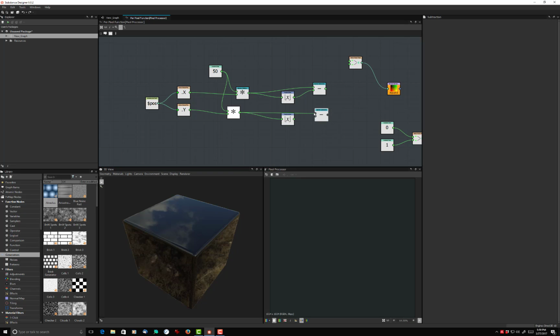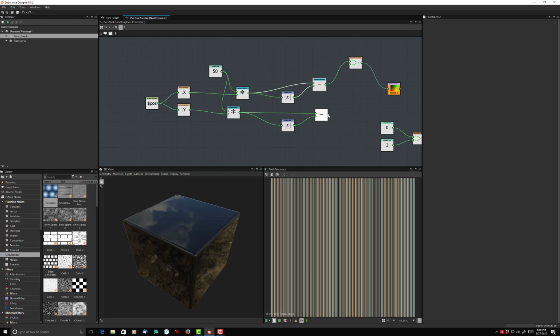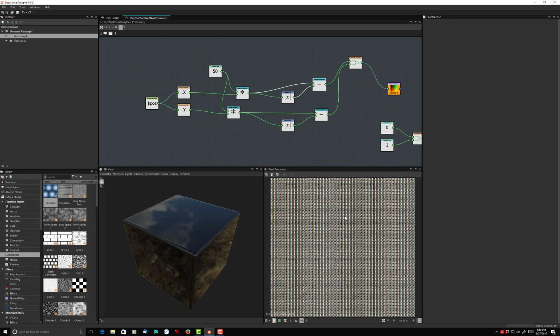The large number with the floating point minus the floor version of it. So now what we're left with is, instead of going all the way up to 50, all that's going to be left is the floating points, but they're going to loop around 50 times. So if we take that and put it into here, and take that and put it into here, then if we play with this 50,